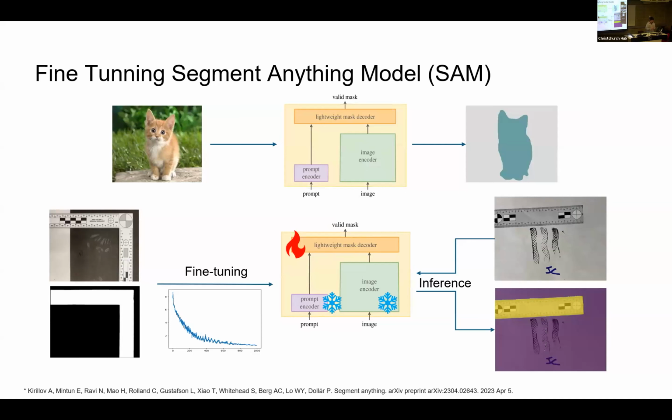So we initially used this method for our ruler, but it doesn't work because the model hasn't seen many rulers before. Therefore, we use a fine-tuning process to adapt this knowledge to the model. Once we've done this, we can use the inference stage by feeding the image into the model, and then we output the binary images that tell us where the ruler sits.